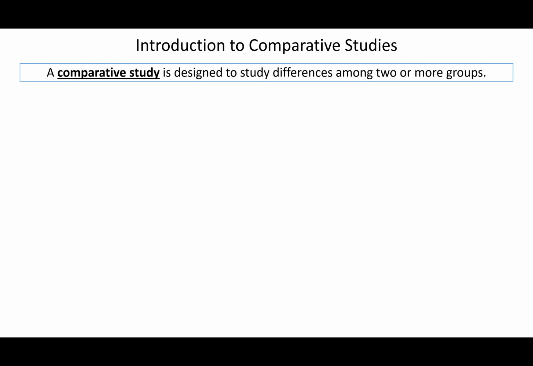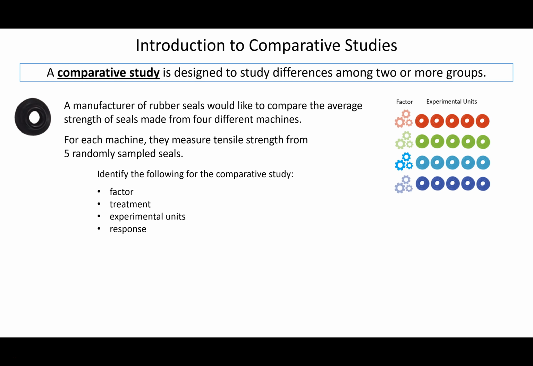So introducing comparative studies. The idea is now we want to compare some quality between two or more groups. A lot of times we'll start at two, but then we'll increase how many we're looking at. By quality, I mean maybe you want to compare averages, maybe you want to compare medians or proportions, that kind of thing. So the example we're going to start with, we have a manufacturer, they make rubber seals, and